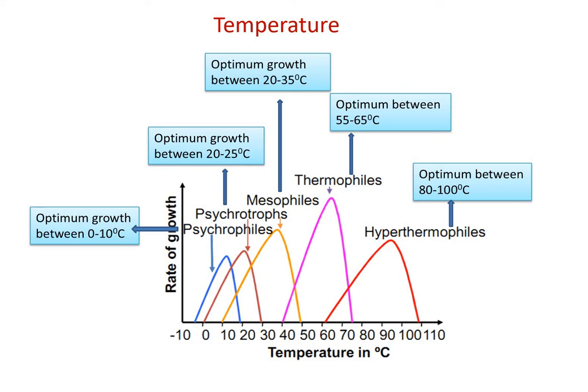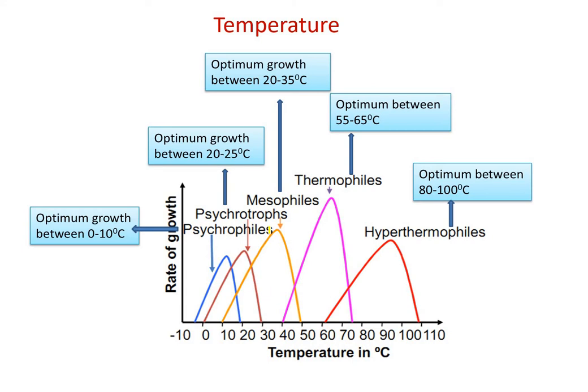Now the other factor that affects growth is temperature. It is one of the most important factors that defines microbial growth. If we categorize microorganisms on the basis of growth depending upon temperature, they are psychrophiles, psychrotrophs, mesophiles, thermophiles, and hyperthermophiles. Here, in psychrophiles,